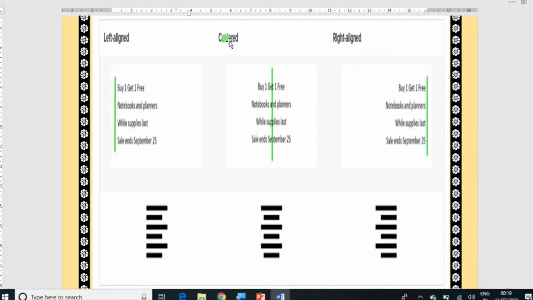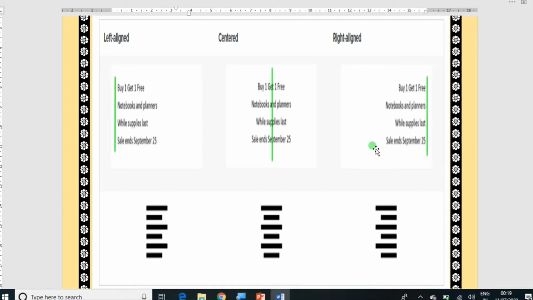In center alignment, this particular icon is the command for center alignment, because if we draw a central vertical line here, it divides the text equally from the central vertical line towards its left and towards its right. This is the icon for applying the right alignment command, in which all the text is aligned towards the right margin. I hope you understood this figure: what is left alignment, center alignment and right alignment.